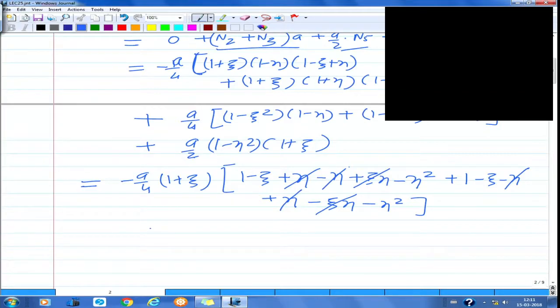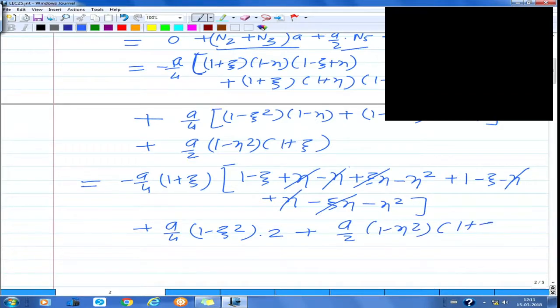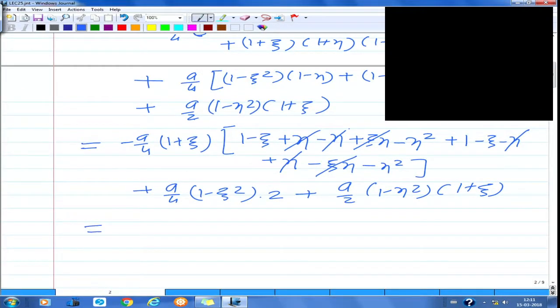And then from the second one we can take 1 minus xi square common, so plus you have 1 by 4, 1 minus xi square, and then 1 minus eta plus 1 plus eta, so that is simply 2. And of course this is as it is, a by 2 into 1 minus eta square into 1 plus xi. Now if you further simplify this,